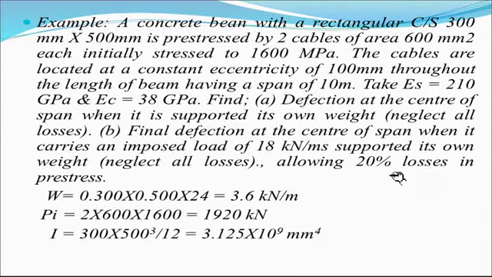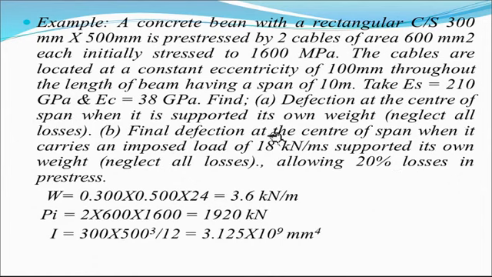Now, an important thing is that deflection is of two types in case of a pre-stressed member. First is the short-term deflection and second is the long-term deflection. Short-term deflection is also called the instantaneous deflection, just after pre-stressing or just after initial losses. Second, long-term deflection is after considering the shrinkage, creep and the relaxation of stress in the steel. The long-term deflection will be discussed in the next lecture.